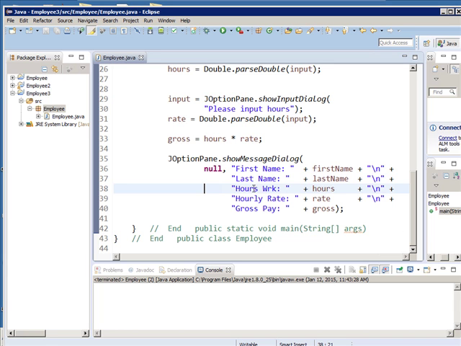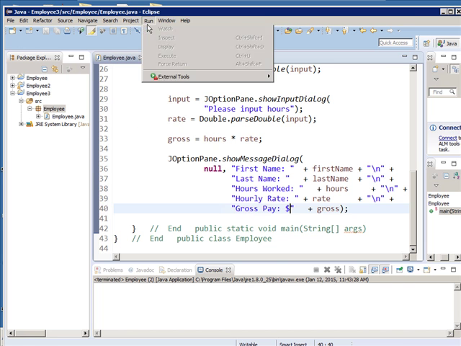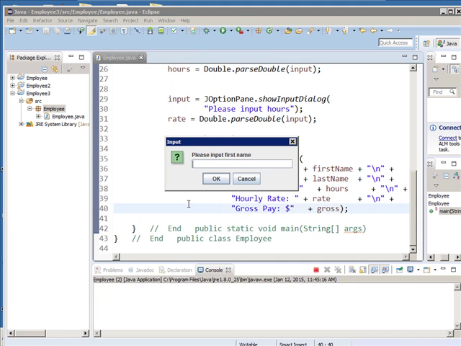Now, if I don't care, like for here, for example, I could have had hoursWorked. I was just being a little anal with all that stuff, but it doesn't matter. Hourly rate, gross pay. I could put a dollar sign on there if I wanted to, but there are much better ways of doing it than that. And that's what we'll get into in later classes. So if I run this again now,